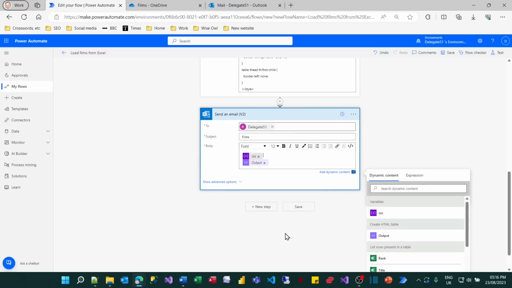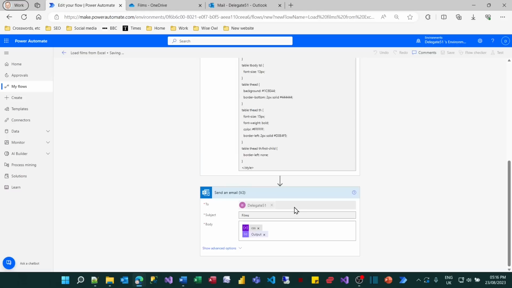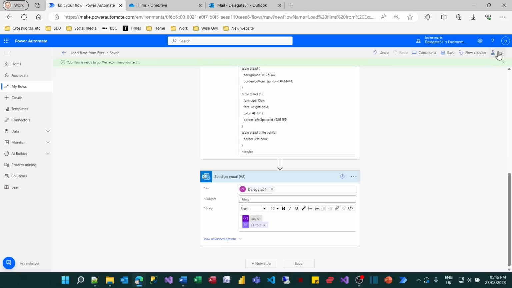So if you think about what this will compile, it will have a load of CSS defining how tables should appear, and then an actual table itself. So the results should be more attractive. So let's try doing that. If I now save that, and if I try running it,